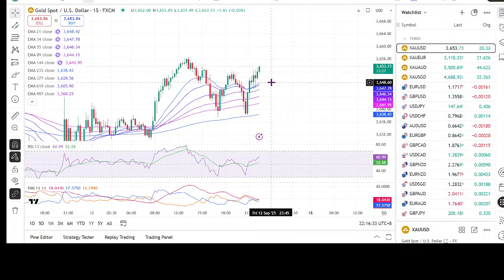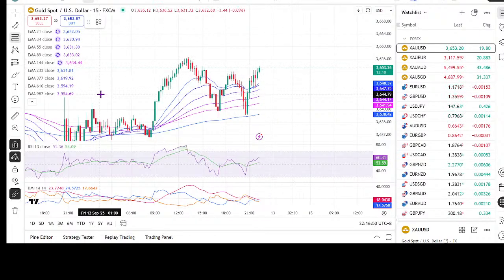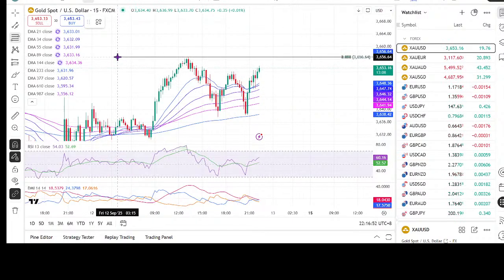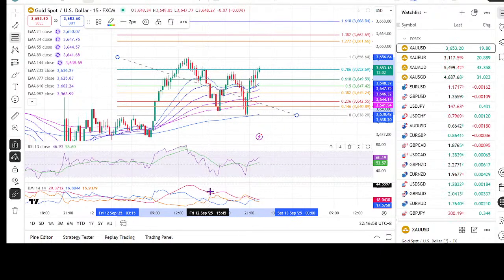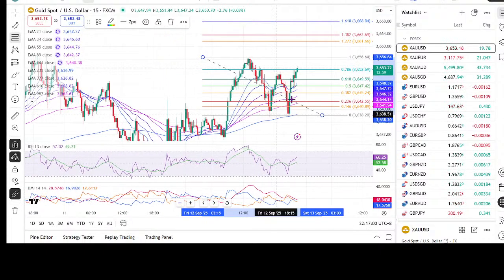Now we are seeing the break, but let's see whether this is enough to continue higher. So what we can do, I can give you the time now. You know what price we are looking at and what time we are expecting. So we are expecting somewhere